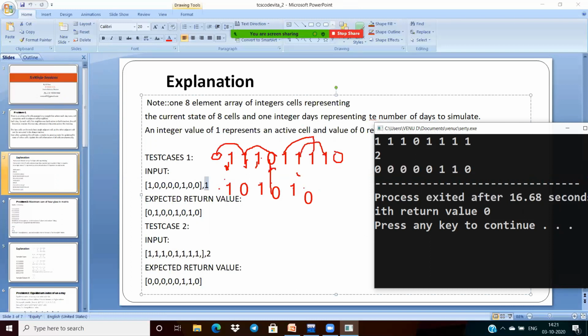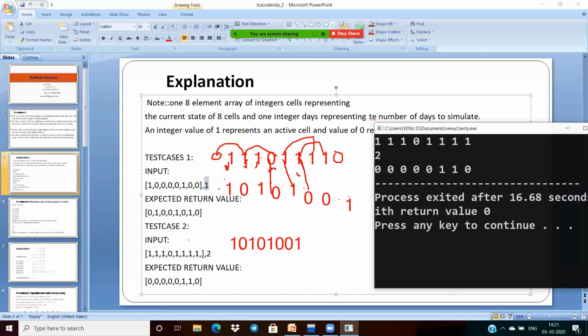Okay, next what about this? For the case of this, it is over. So 0 and 1, 1, okay. And now 1 1 0 you are getting. And what about this? 1 1 again, 0 will come. And 1 0 next, this is 1. So now after the first day, your input is like this: 1 0 1 0 1 0 0 1.